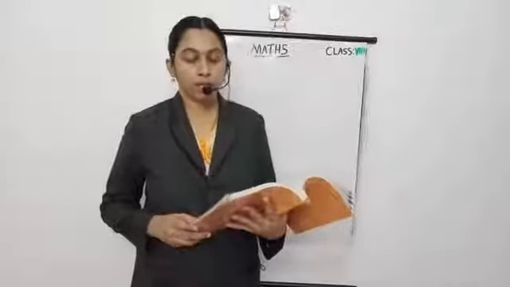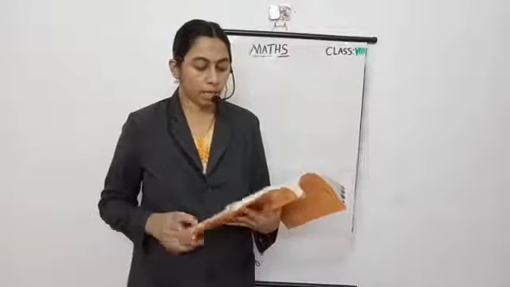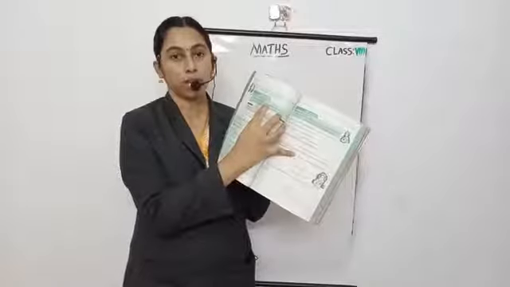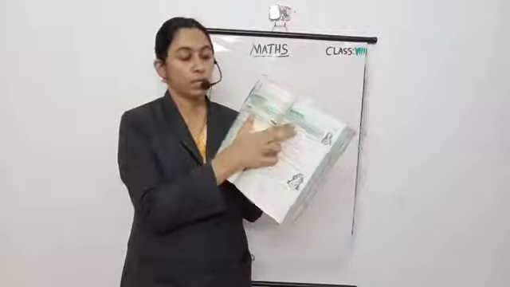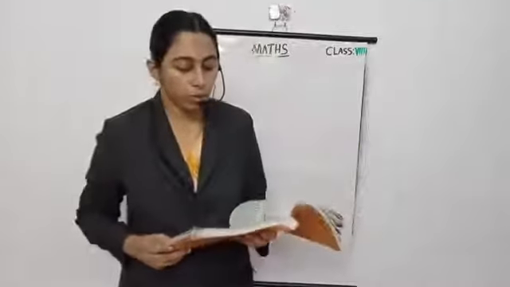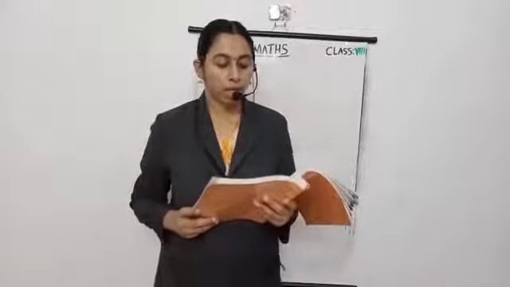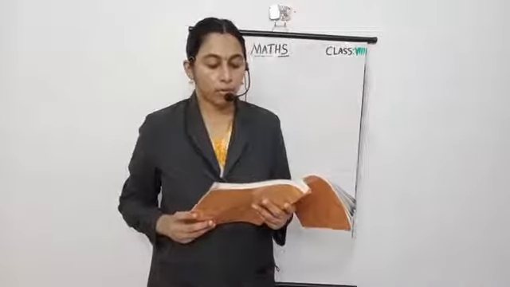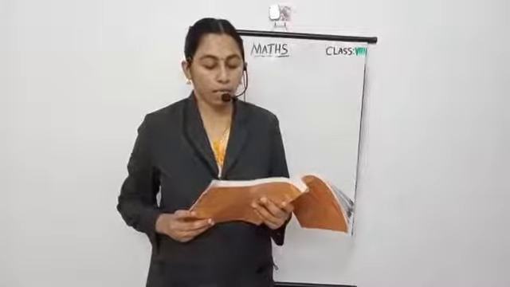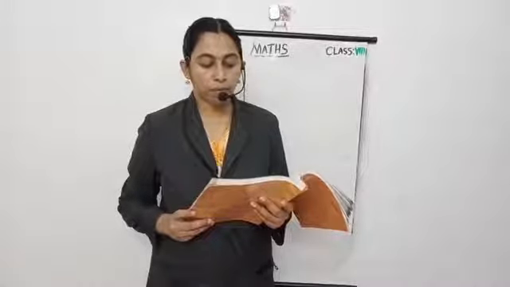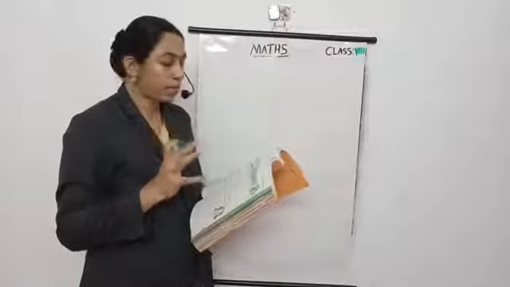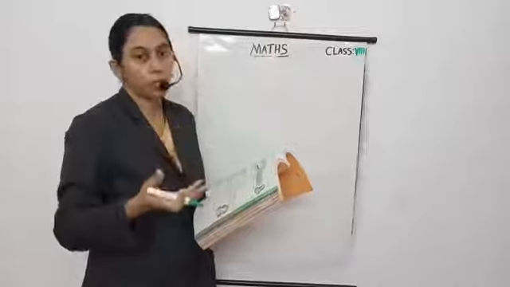Now take page 131, try this. Not this, try this. We have no need of this one. So try this. Find the amount to be paid. Question number 1. At the end of 2 years on rupees 2,400 at 5% per annum compounded annually. So here they are asking about the amount to be paid.